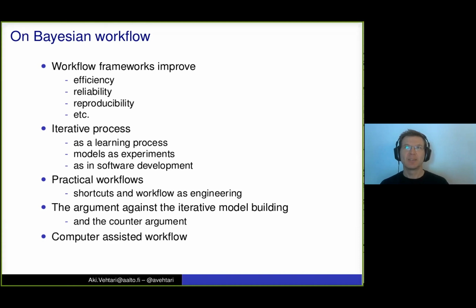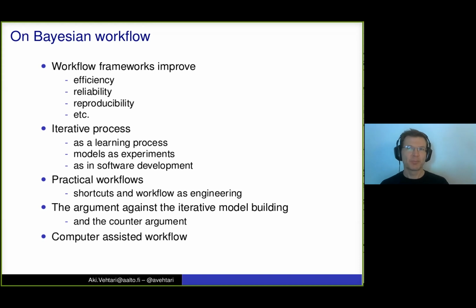Right now we are not doing much applied work, and our ideas on how to do these things have developed. So currently it's more like experimenting with these ideas in different smaller case studies.